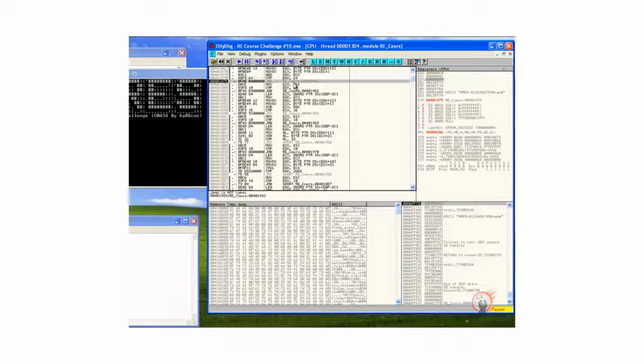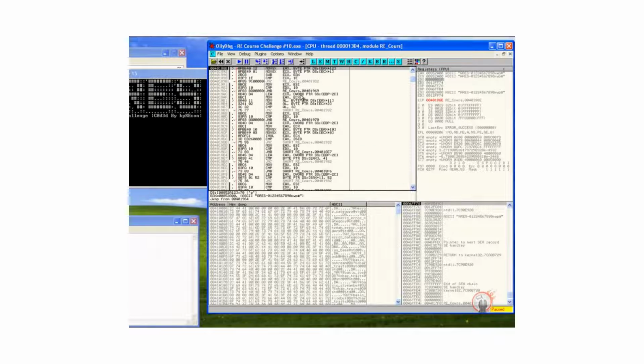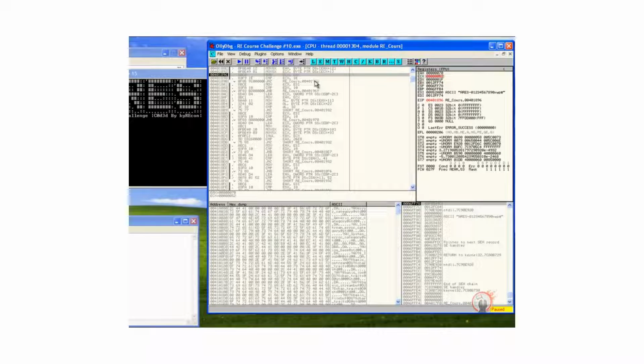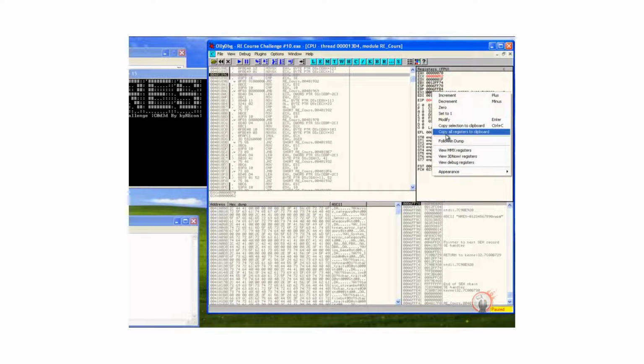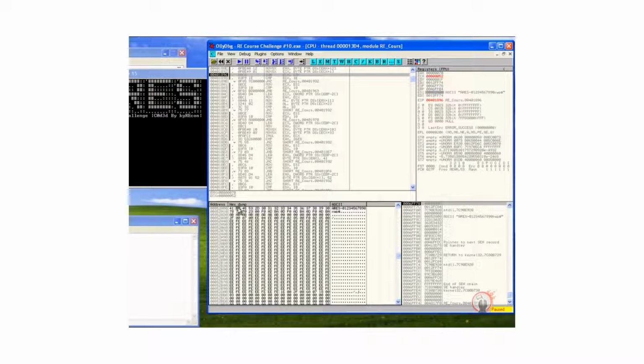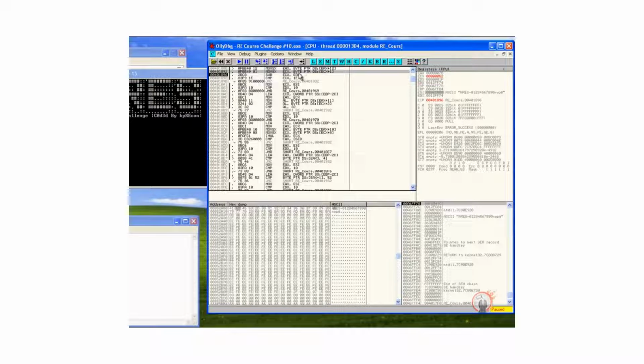The first check is valid. We see that E6 is 52, EX is 70. So it should be